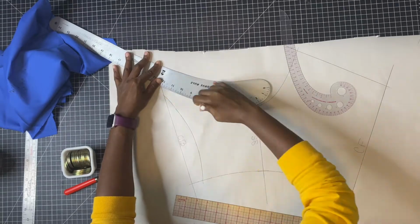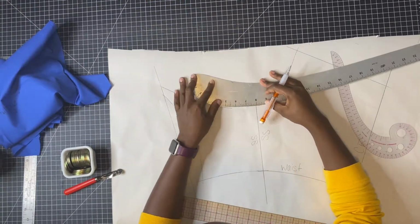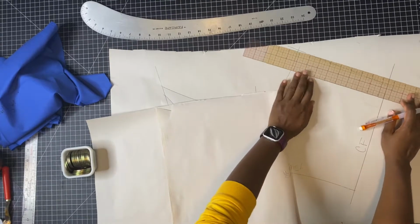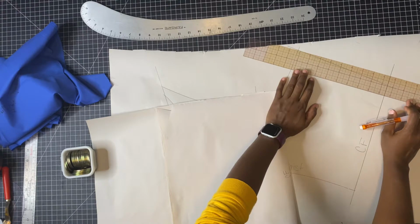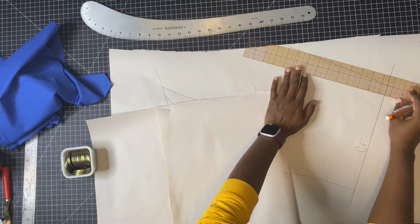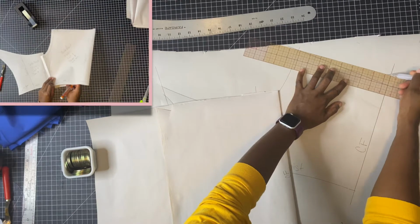Once you have smoothed out all of your lines with your hip ruler, curve ruler, and all the special rulers that you use, go ahead and go back to your center front line. Using one of the lines from the beveled ruler, line it up so that it is parallel to your center front. And then with that, you're going to anchor it so that you make a perpendicular neckline to the center